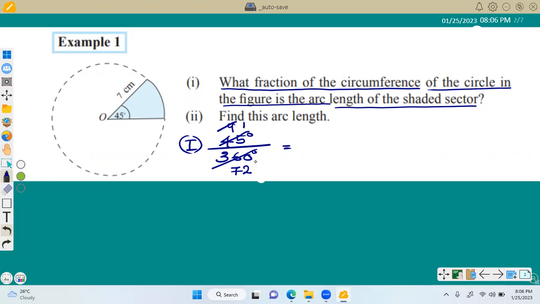Then 72 divided by 9, it is 8. So the answer is 1 upon 8. That means the fraction of the circumference of the circle that is the arc length of the shaded sector in the figure is 1 upon 8. Then find this arc length. How can we find the arc length? Arc length is equal to